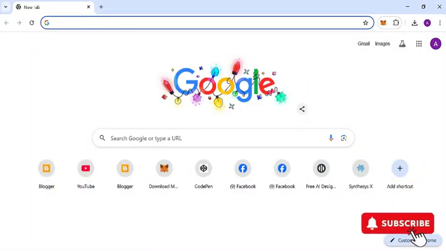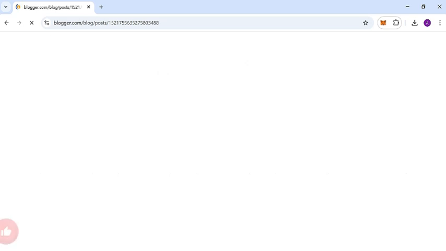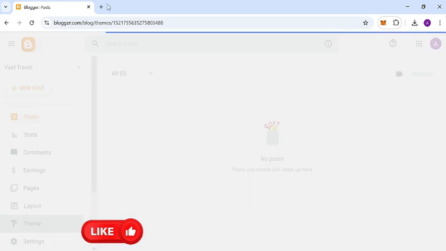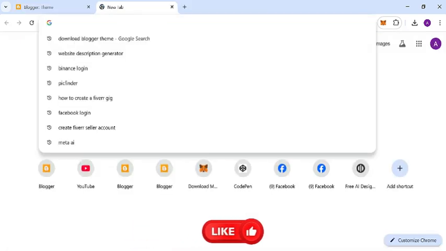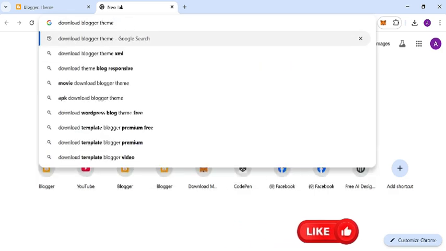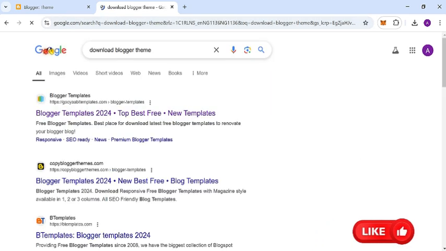Okay, what you need to do is to come to your Chrome dashboard and type blogger.com. Then come here to click on theme. We need to download a new theme. What we need to search is download blogger theme. Then hit on share. Then click on the first one you see, blogger